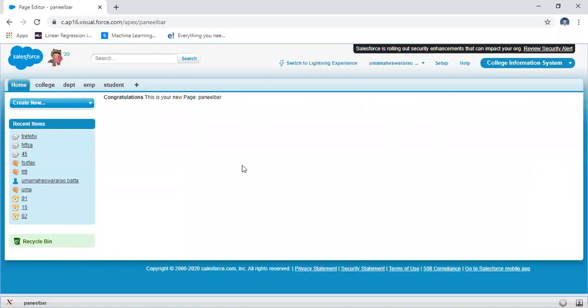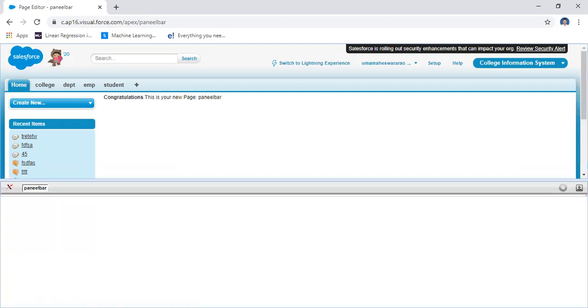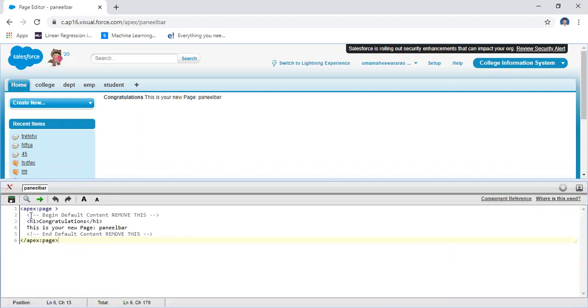It appears like this. Click the code here. So here you will see the code: apex page and the closing apex page are the main important points, and then a header tag and some paragraph tags. We do not need this information.